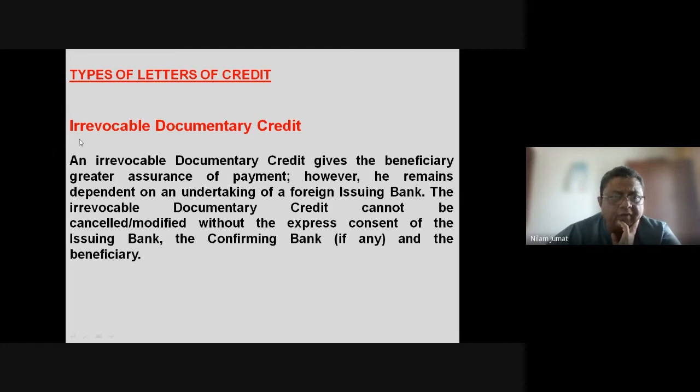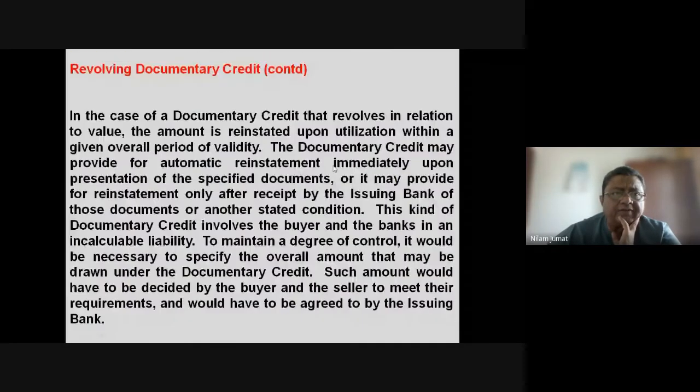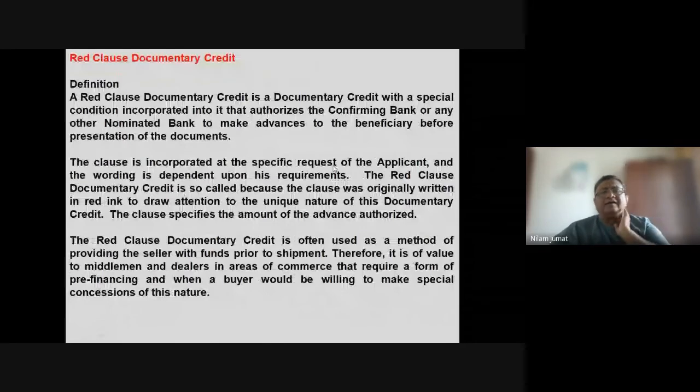Then come to irrevocable. We finish this one. Then we got the red clause. These are very simple, straightforward items. What you get in this is